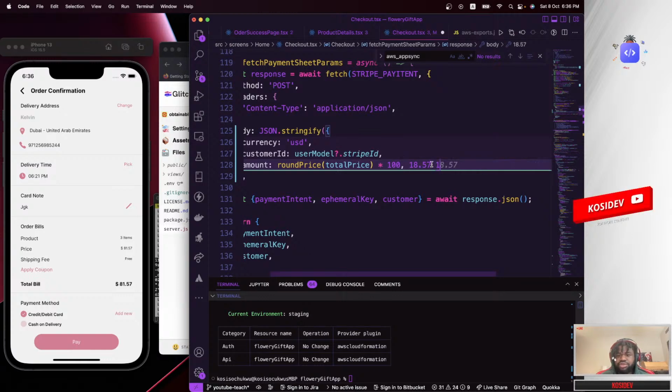So instead of charging the user 1857, Stripe will charge your user I think $1, which doesn't make sense. So in Stripe it will actually look like this. So this will be 1.857, I think, something like that. So we should round up to 1. So we need to multiply that by 100 to be sure that Stripe will charge the user 18.57.